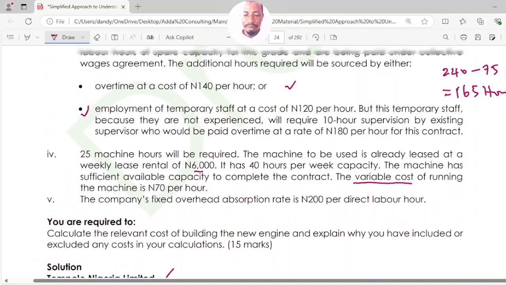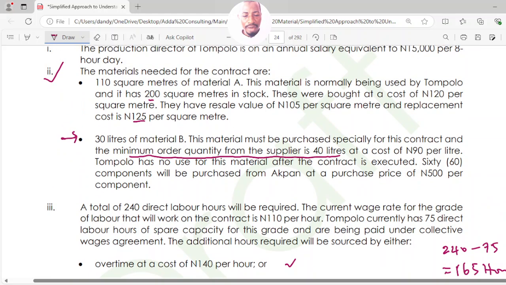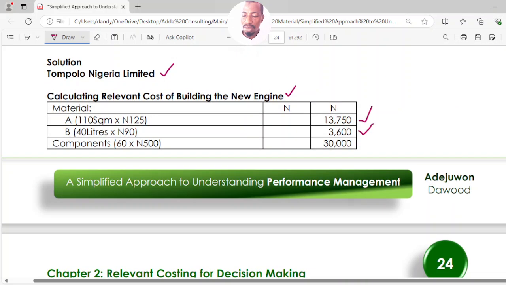Then the next item, after the first bullet point, the second bullet, sorry, we are done with the second bullet. Still on that second bullet point, we are now told that 60 components will be purchased from Akpan at a purchase price of 500 naira per square meter. So components to be purchased is a future cost. Therefore, I will say 60 multiplied by 500 naira. That's equal to, sorry, 30,000 naira. So that's the 30,000 you are seeing here. So the next item